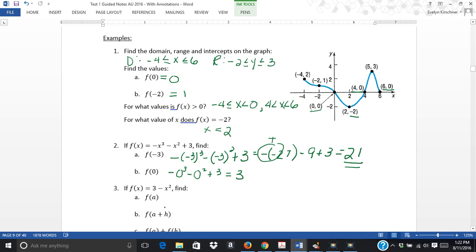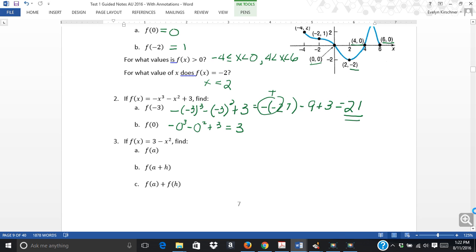My last example, I'm not giving you numbers, and I want to evaluate it using variables. So for the first one, I want to put in a. So I have 3 minus a squared, and that's all it is. Now when I put in a plus h, it's a little bit different. Now it's 3 minus that whole quantity, a plus h squared, which is 3 minus, now whenever we have a